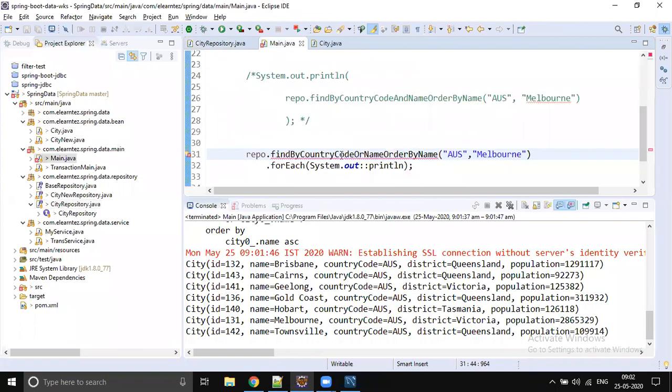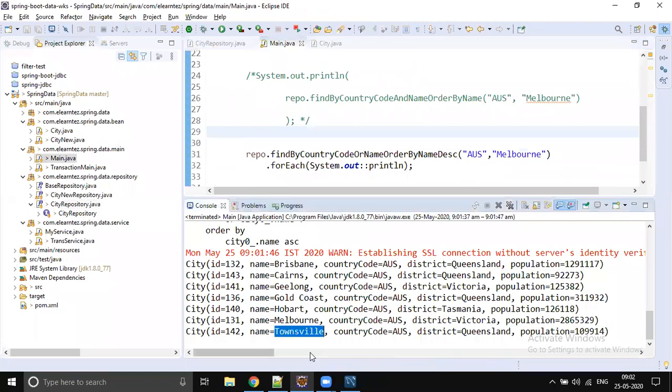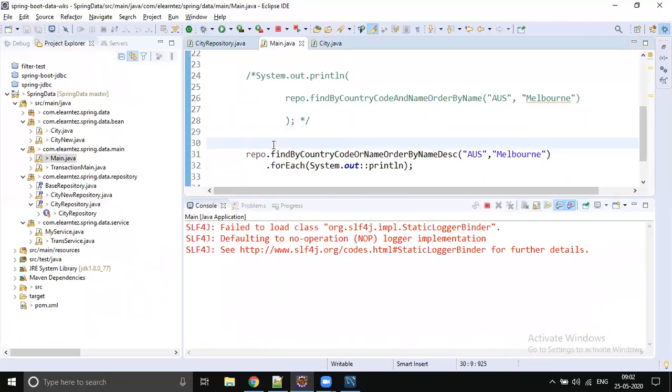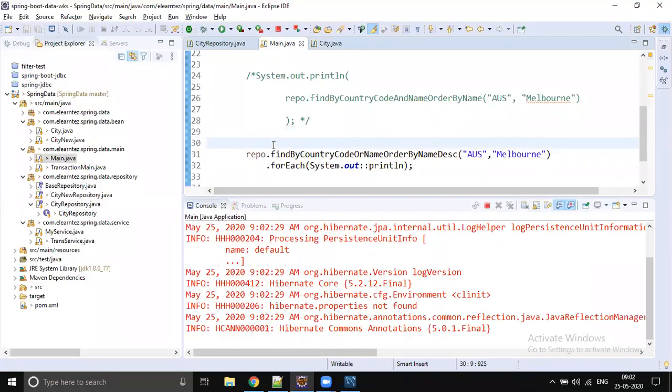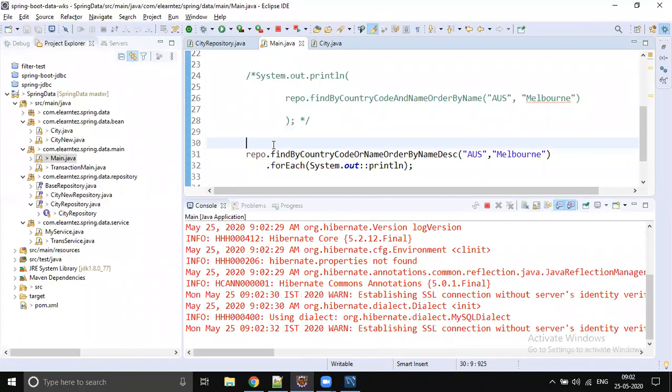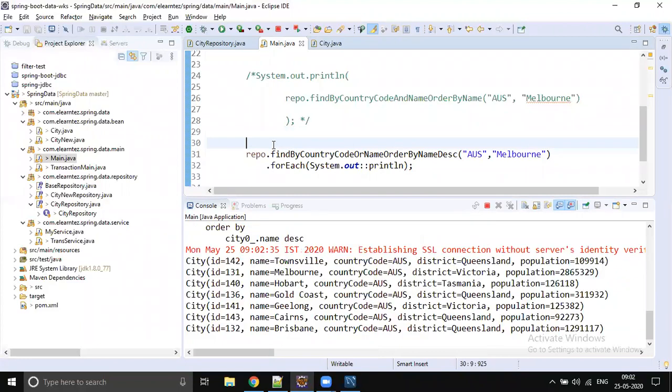You see that the data is printed on the console in the reverse order: Townsville, then Melbourne, Hobart, and Gold Coast. Now the data comes in reverse order, like mobile sorting by price, high to low. This kind of sorting can be done like this.